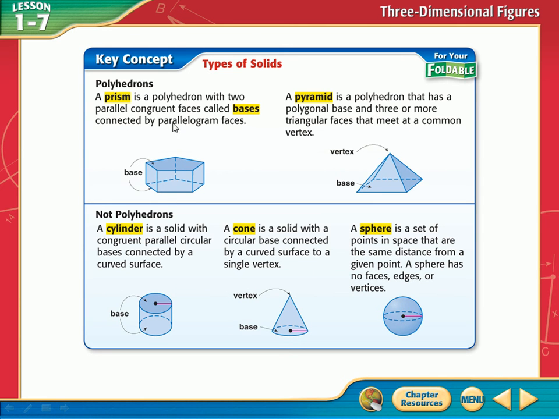And it says it's connected by parallelogram faces. Now, I find it odd that they would even use that word parallelogram because we haven't even discussed a parallelogram yet. But the faces are these things. Do you see this side right here where I'm pointing? See that arrow? That's a face. This is a face. This is a face. Now back here, it's kind of see-through. See back here, this little rectangle? That's a face, and this is a face. Make sense? So we got bases and faces. The bases are the top and the bottom. The faces are the sides, if you want to call it that. That's a prism.